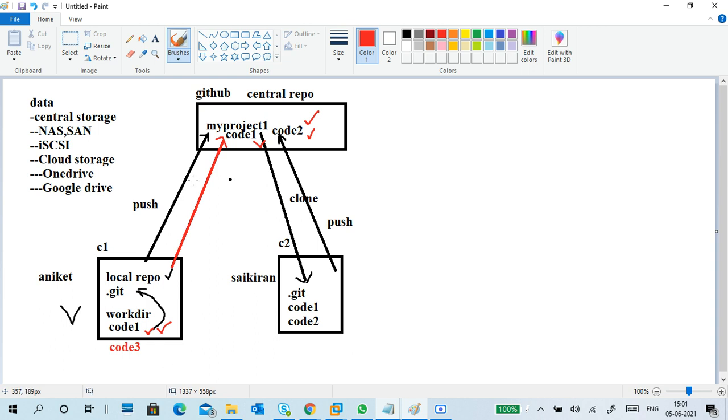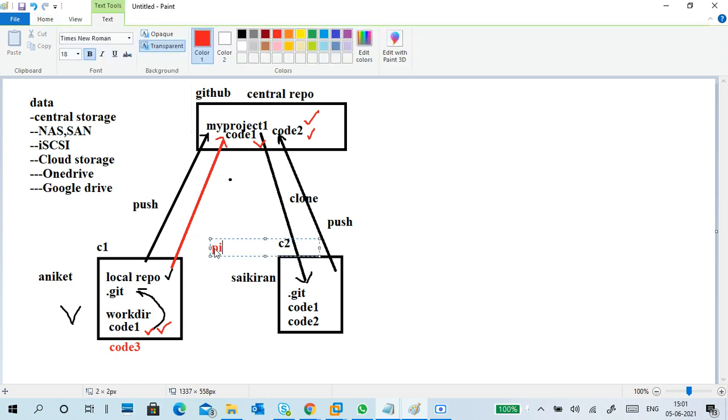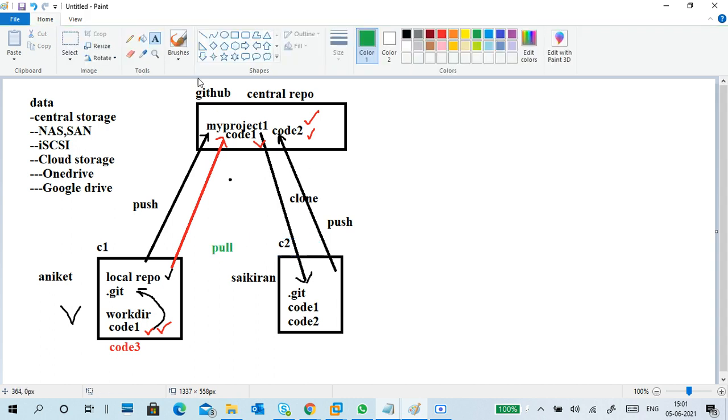So once you get this kind of situation, what you have to do is pull the configuration. I use a green color for pulling. First you have to pull the configuration, then this configuration will get updated into your local PC.